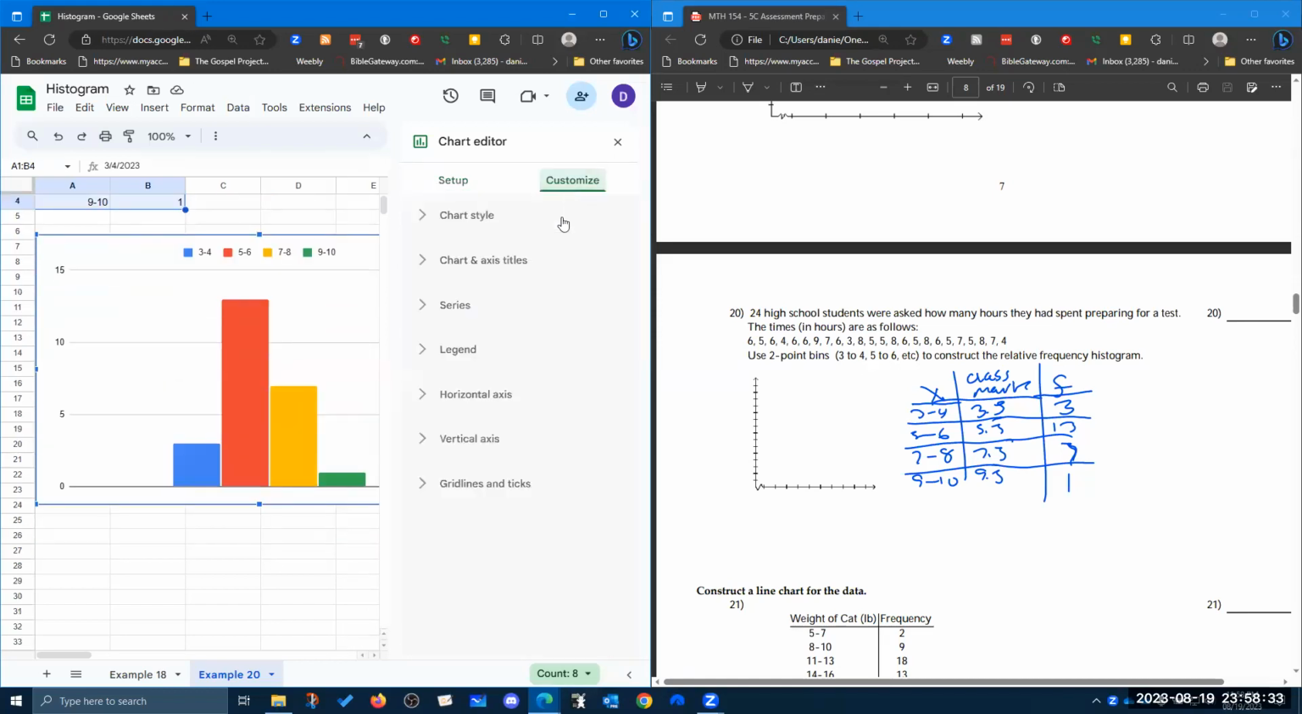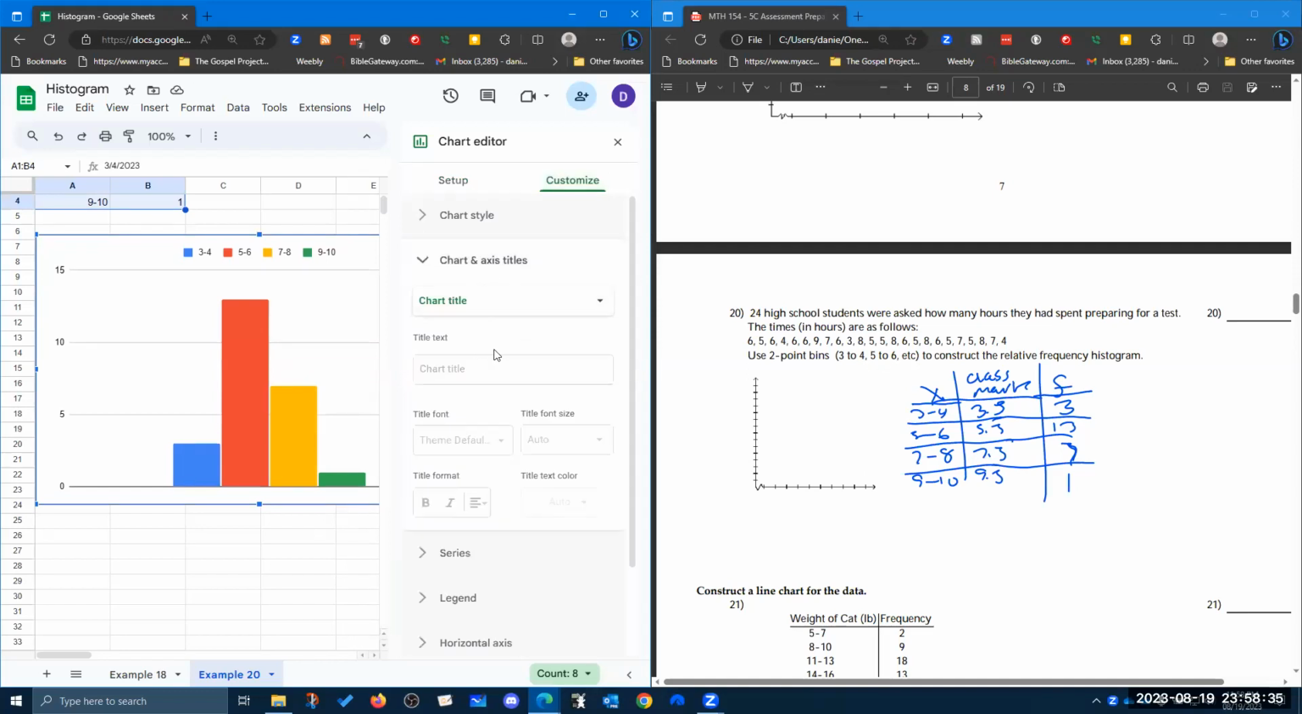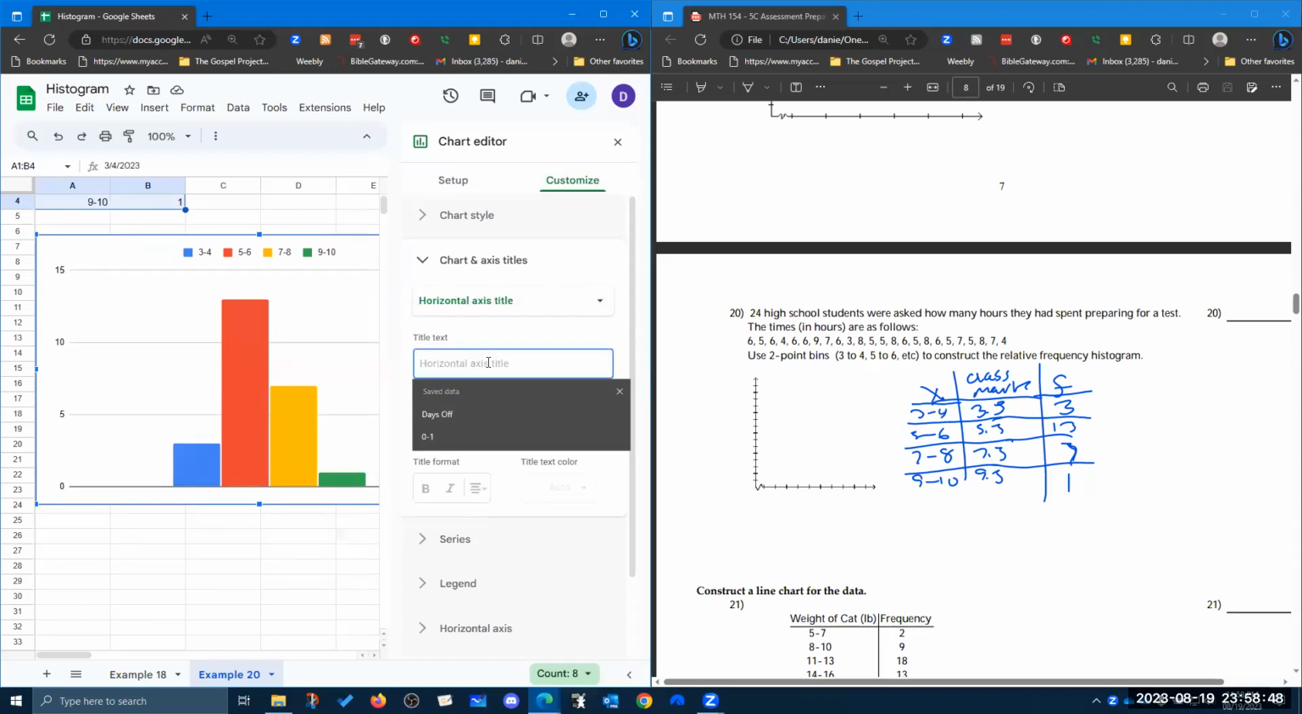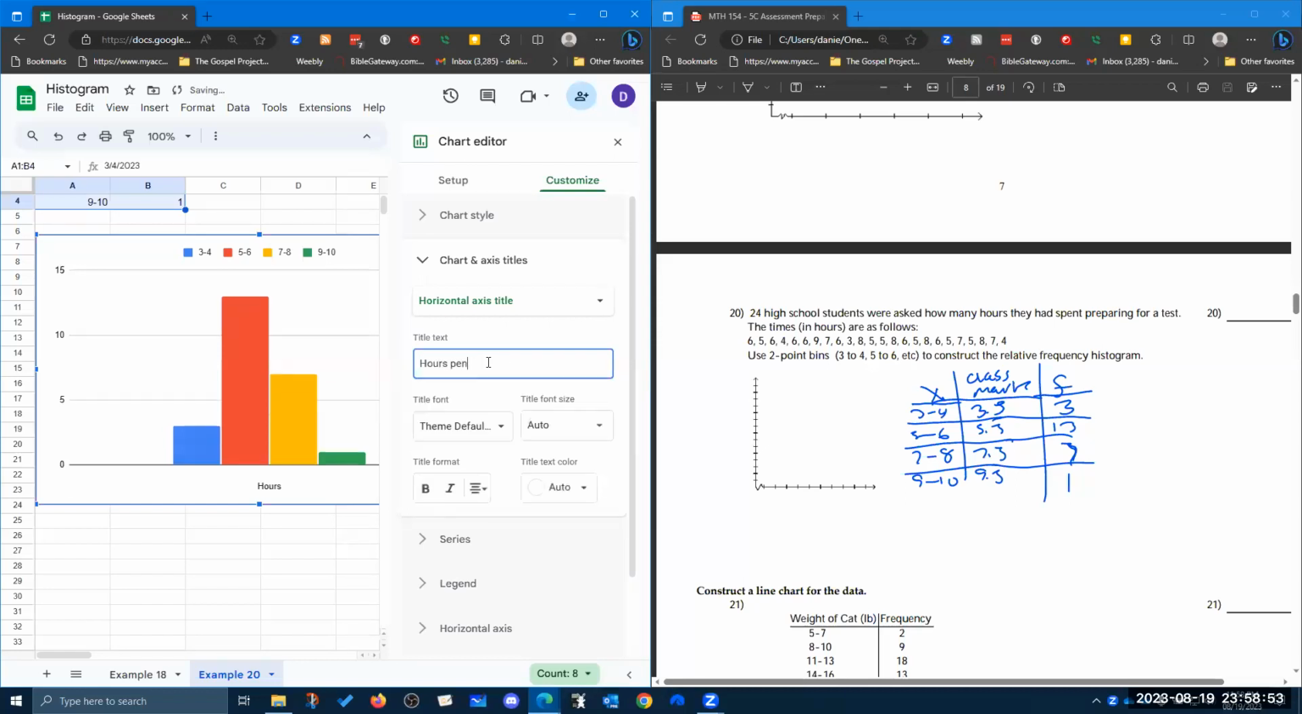I want to go ahead and customize my chart titles here. Then this is my horizontal axis. Here will be hours spent preparing for a test. And my vertical axis title is going to be